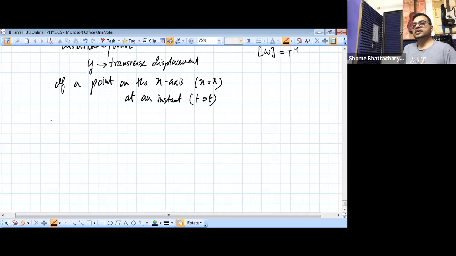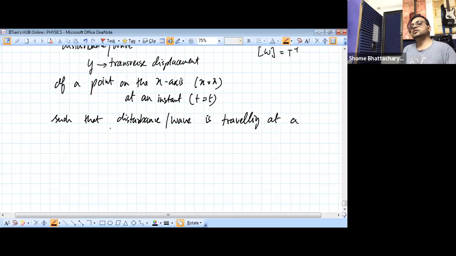But it is such that the disturbance or wave is traveling at a uniform speed v equal to omega by k along the positive x-axis. Okay. That is the function